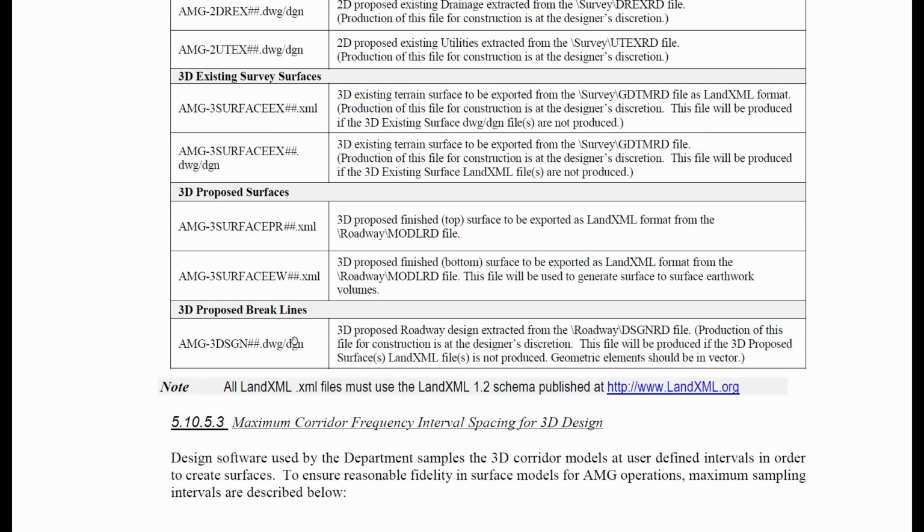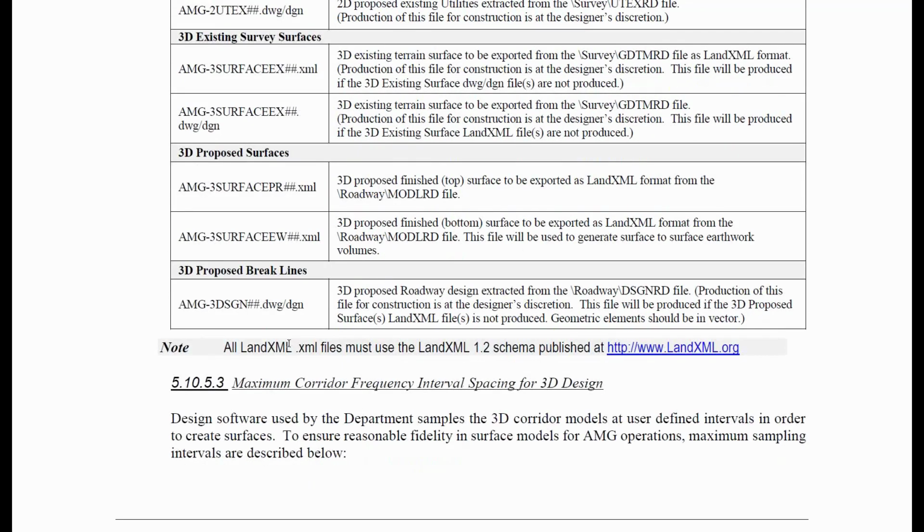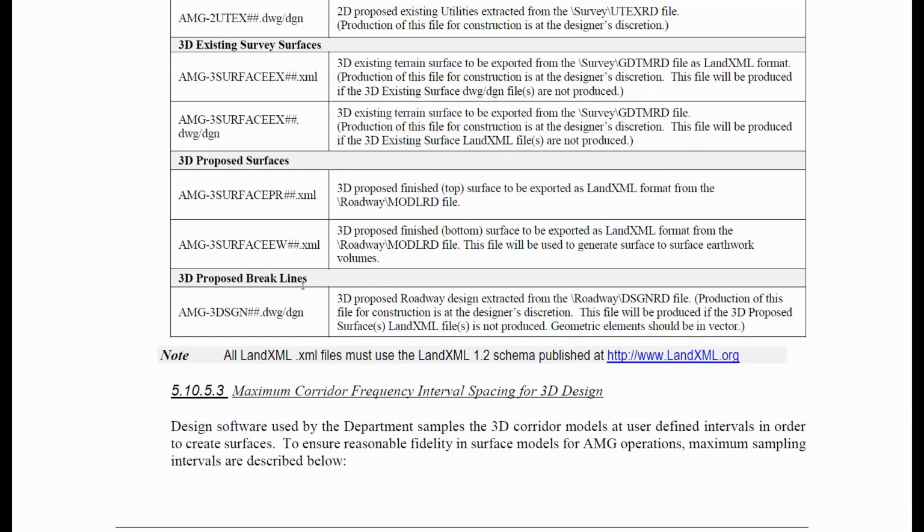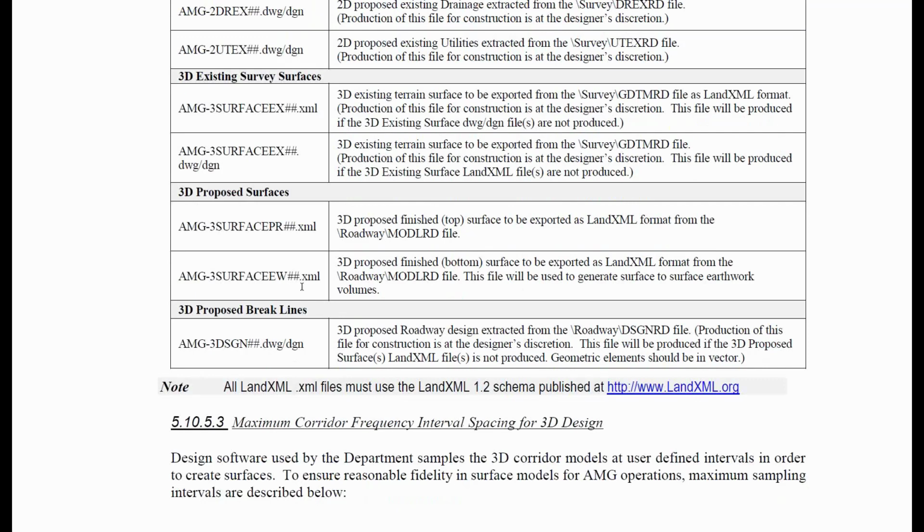And also the breaklines are optional, to have that DGN file, which is the 3D breaklines that make up the surface. Is that what top and bottom of mesh means? Like I see that sometimes. I believe so. I believe that would be the same. I don't know that necessarily using that tool that references the top and bottom of mesh, but